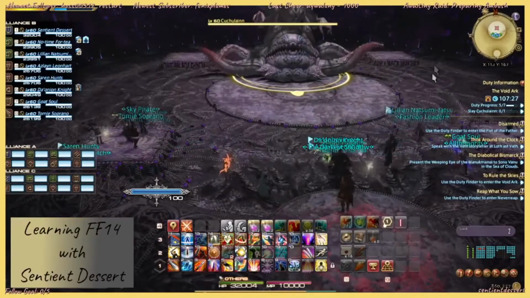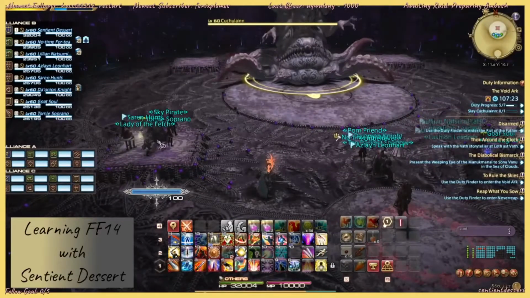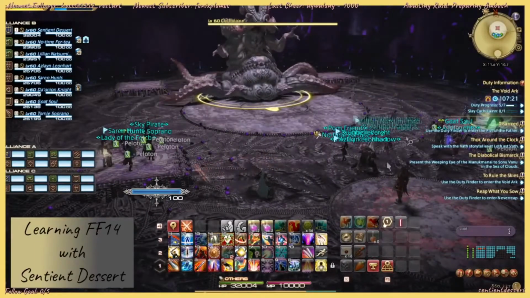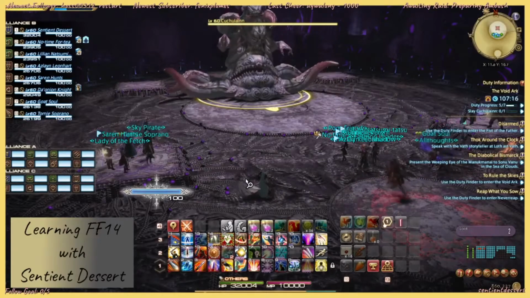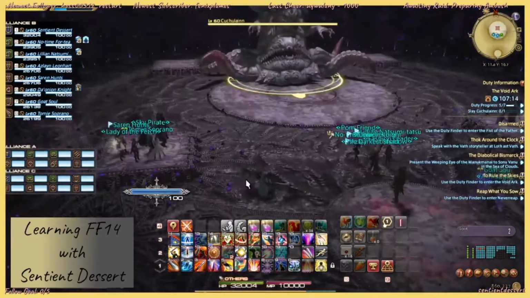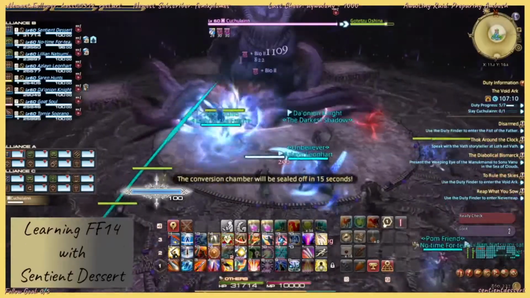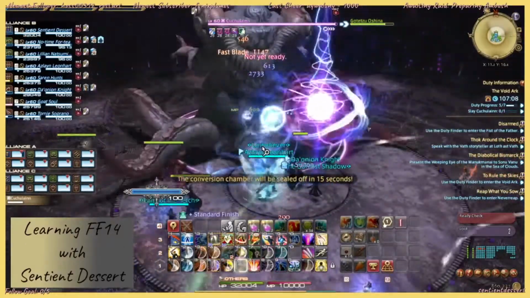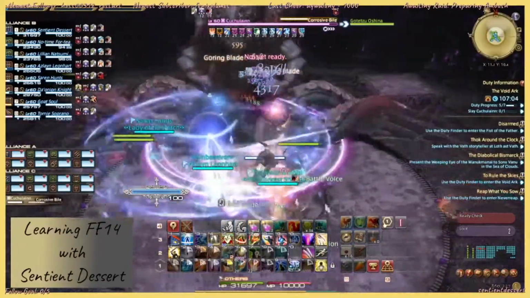You'll notice there are 4 platforms. These become relevant halfway through the fight. You will need to get on those to avoid damage that comes down here. I'm not main tanking it. Last time I tried to main tank something, somebody else... There we go. So. The only reason that I will turn...